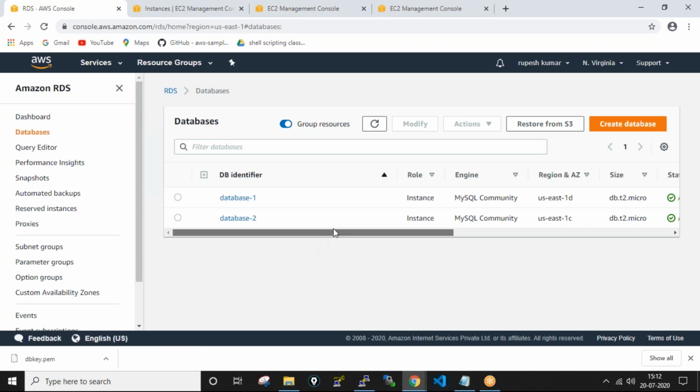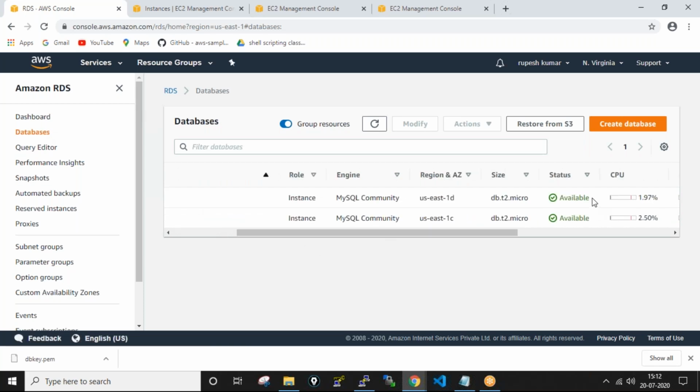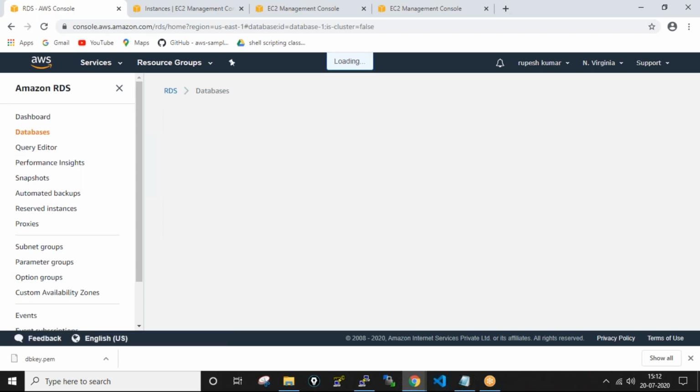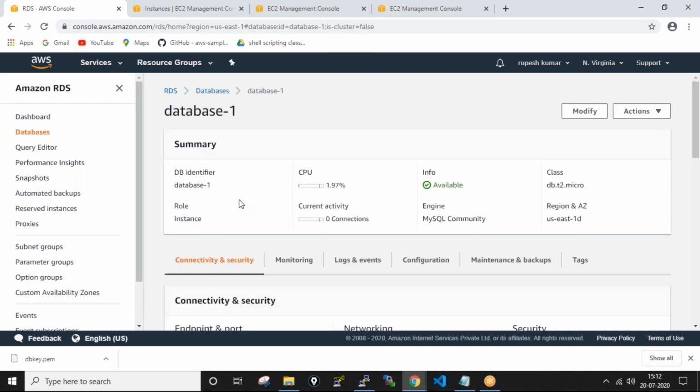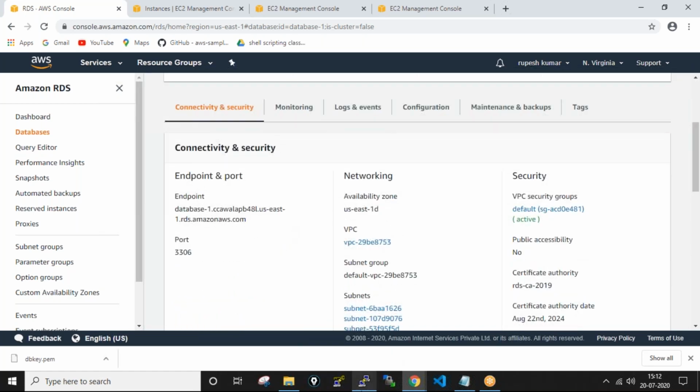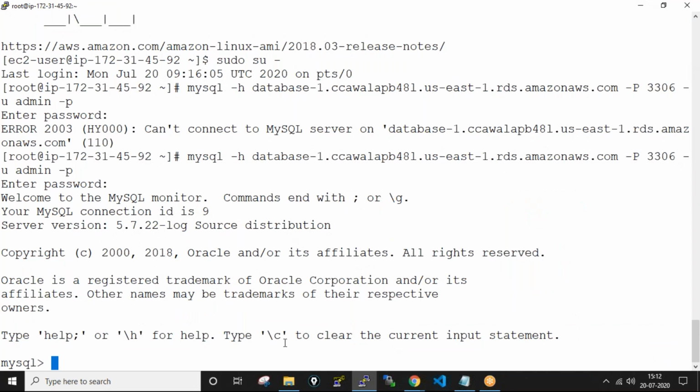My database is database 1, and it is in available state now. When the connection has been successfully completed, you have connected the EC2 instance to the backend MySQL database.